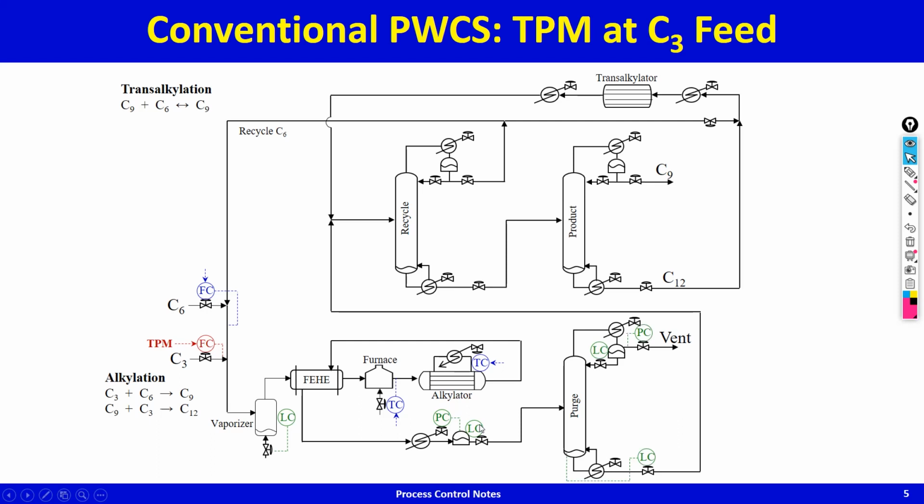Now we come to the purge column. Obviously, whatever liquid is accumulating, you're taking out only vapor. So whatever liquid accumulates has to be sent back into the column. So reflux drum level will be under level control using reflux. Bottom level under level control using bottoms. Pressure being controlled by, so if the pressure is increasing, vent more. If the pressure is decreasing, vent less.